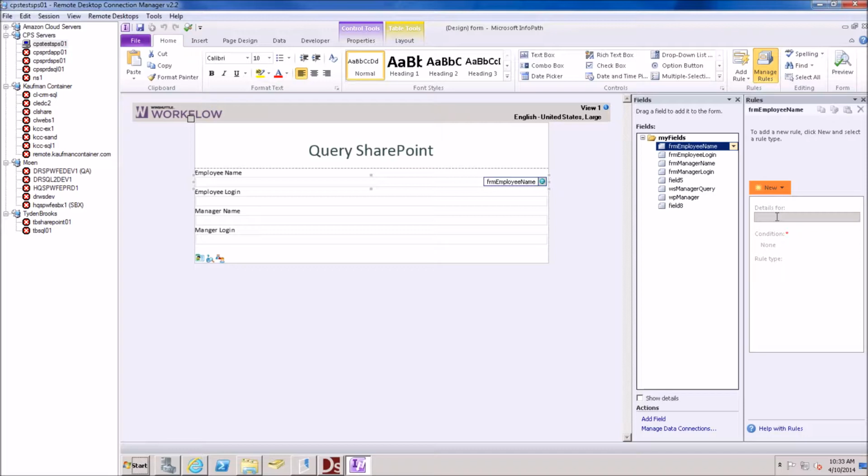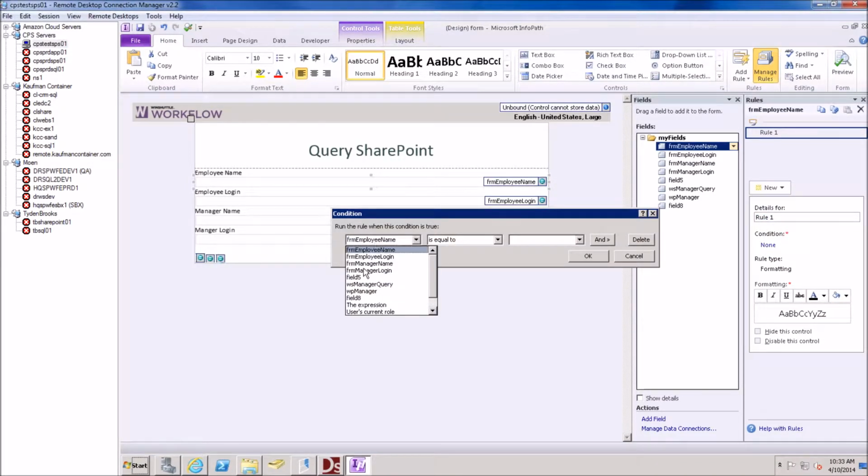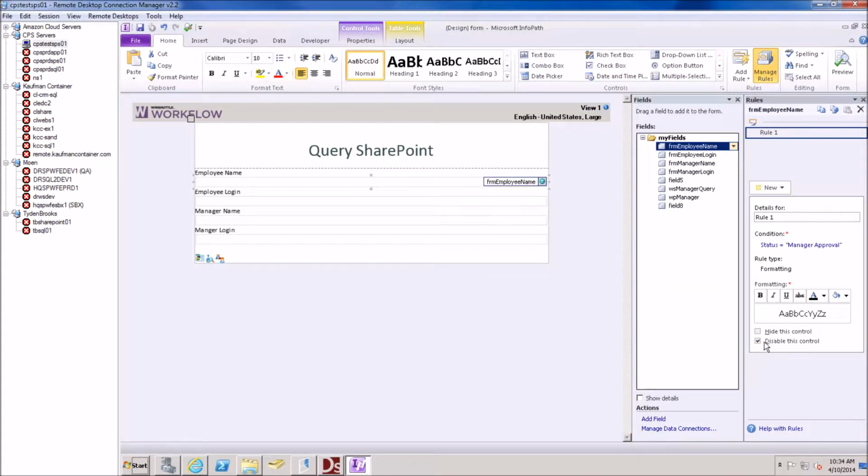So on a text box, I can say new formatting if the status, we'll say we have a status column here, status equals manager approval, then to hide or disable, in this case disable, the control. So you can manipulate the views and the fields on that view based on the status